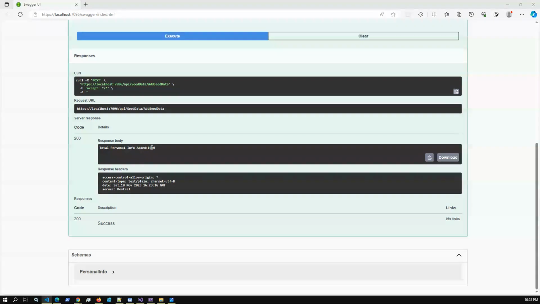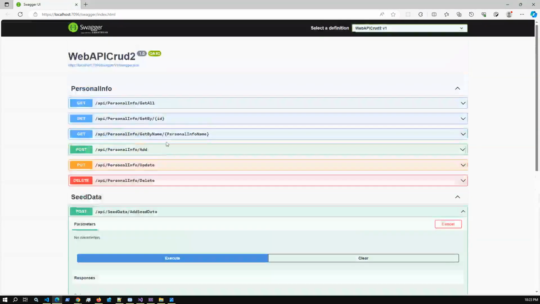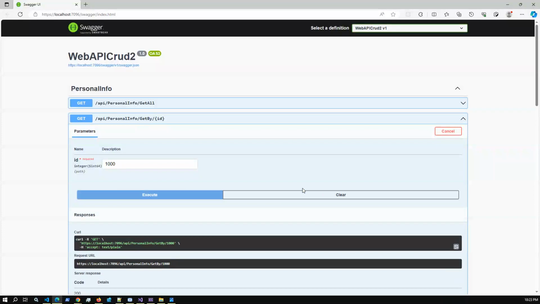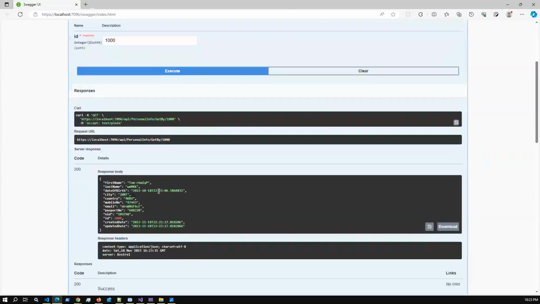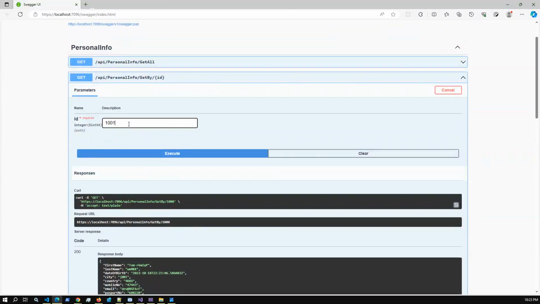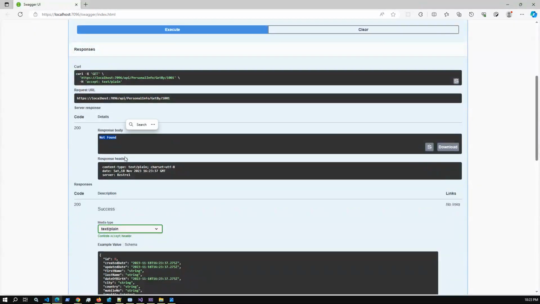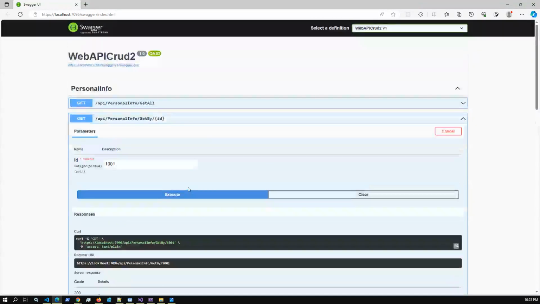Total personal info, and see, 1000. Now if we perform the get by operation, let's try passing 1000 and execute. See? But if we pass something like 1001, then definitely we don't have any data: not found. So we have successfully created 1000 data and tested get by data, and also the